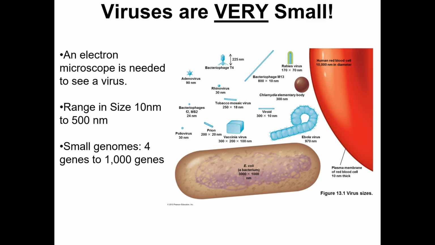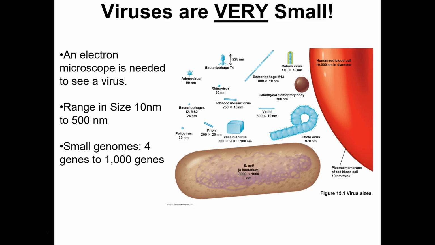So, viruses range in size. Okay, 10 nanometers to over 500 nanometers. I should update that here. But take a look at some of the examples. So here's an E. coli cell. E. coli's virus is the T4 bacteriophage, right? A little complex looking dude. But that's what? Maybe 1/100th the size of the E. coli cell? Okay, sitting at about, what do we got here? 225 nanometers tall. Okay, pretty small.